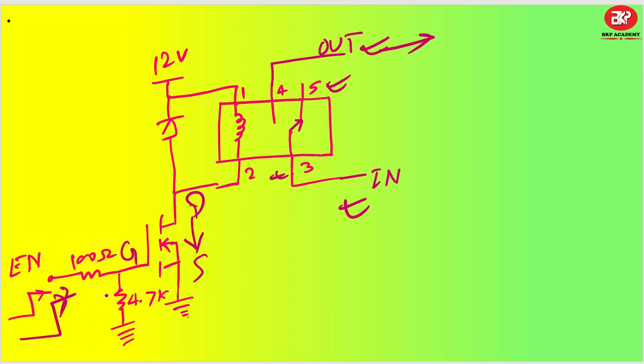Once it starts working, the path of this coil gets completed, and in this way this coil gets charged. So once the coil of this relay gets charged, what will happen? This will try to throw the switch to the other pin. So it will be thrown here, and this pin number 3 will get connected to pin number 4. Got it? This way, this input signal is going to get connected to pin number 4, which is the output signal. And this is the way my path is completed.